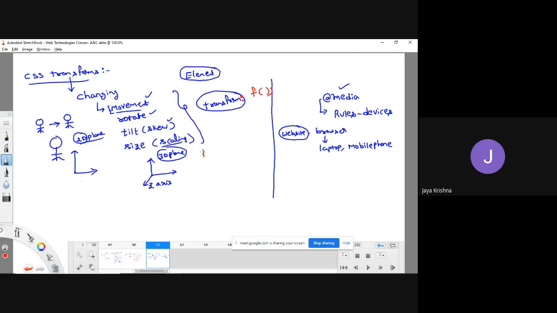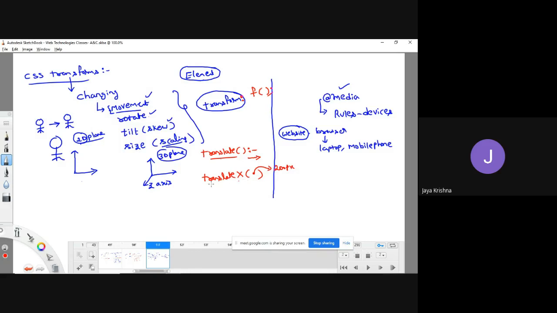Among those, the first method is the translate method, which is meant to move from one position to another position. For example, I would like to specifically translate over the x-axis. Then I will go for the method called translateX. In the parameters, we are going to pass how much distance you want to move.